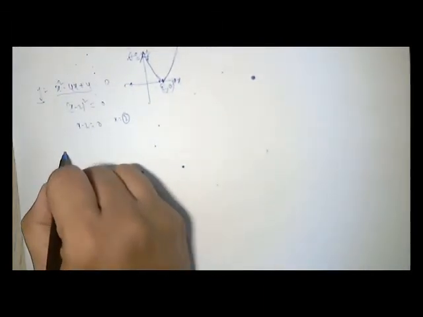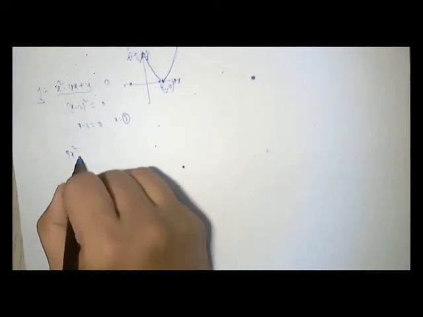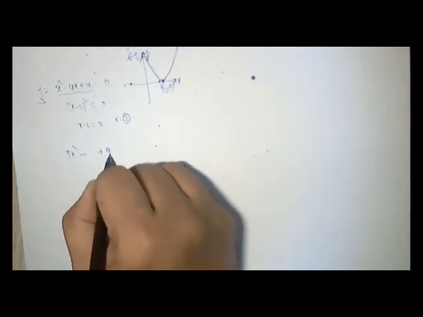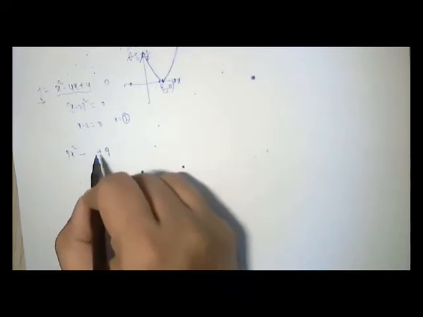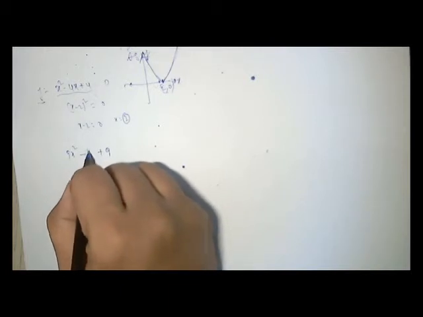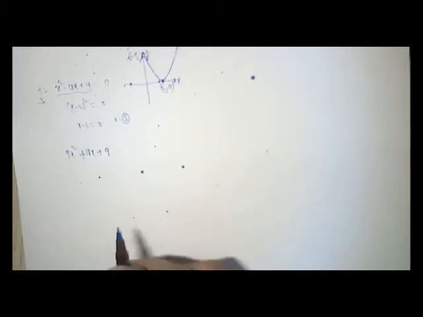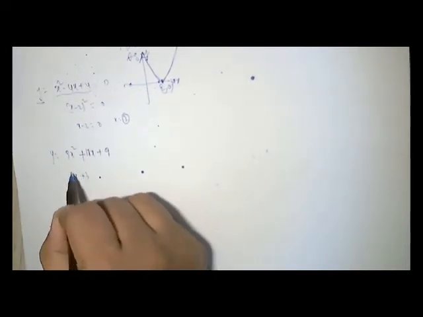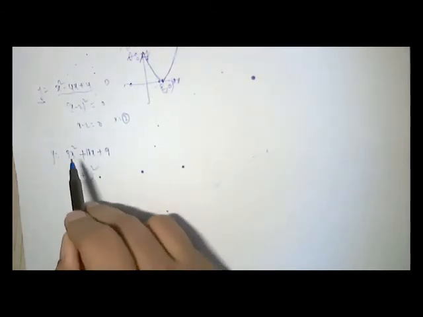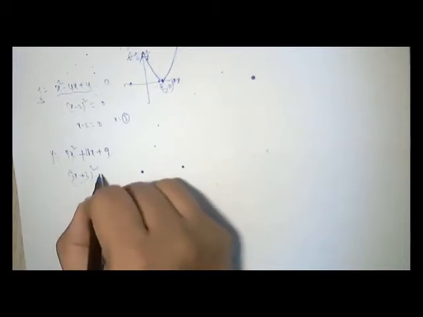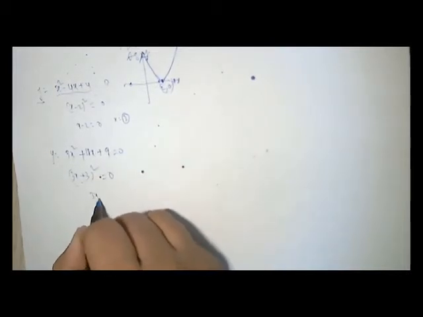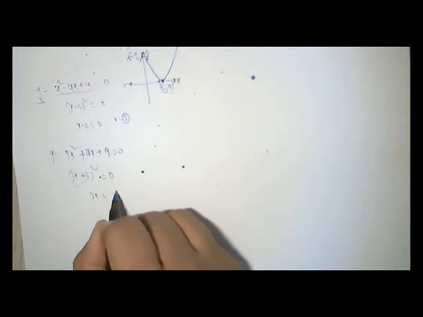Suppose we take another equation, 9x square plus 18x plus 9. This is 3x whole square, this is 3 square, 2 into 3 into 3: 3 3s are 9, 9 2s are 18x. Let us say this is a quadratic equation. So we have found it is 3x plus 3 whole square. If this is equal to 0, then 3x is equal to minus 3, x is equal to minus 1.